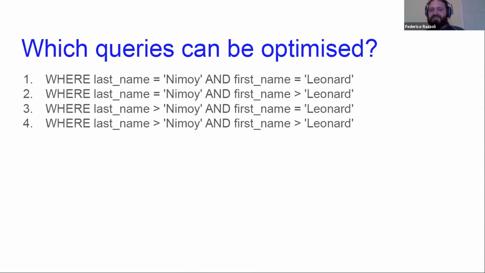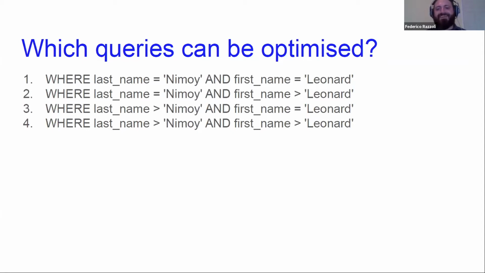So no one provided an answer yet, so I will tell you. The first query, yes, of course, it uses an index because it's just a matter of finding last name Nimoy and then the row where first name is Leonard. But the next one cannot use an index because, well, not completely true, because it could use an index to find all the persons whose last name is Nimoy, but then,